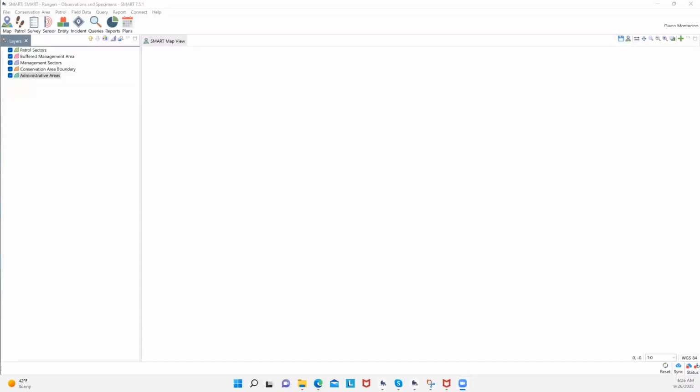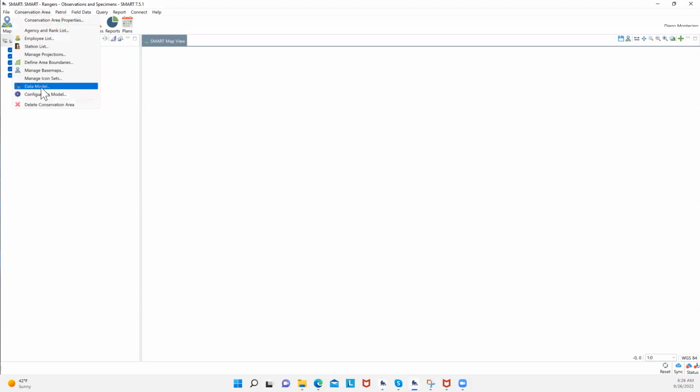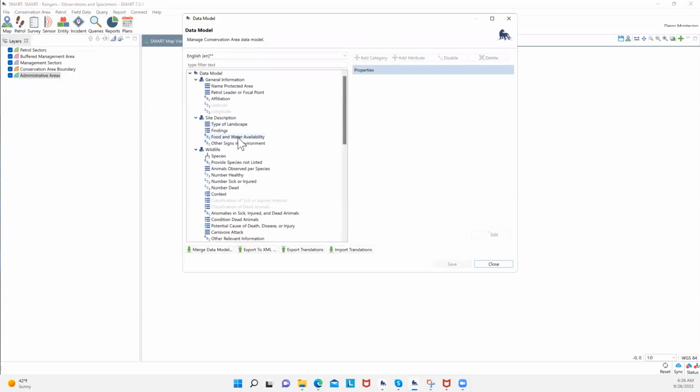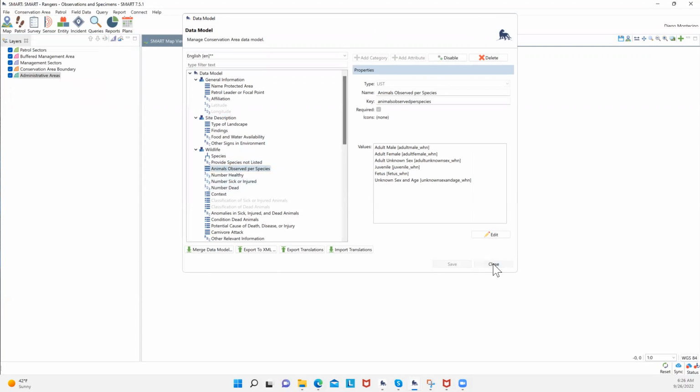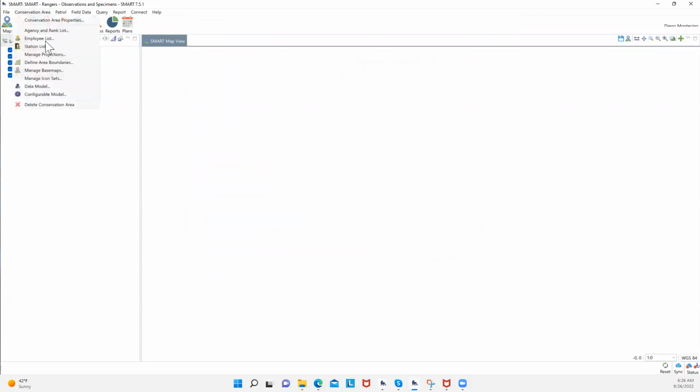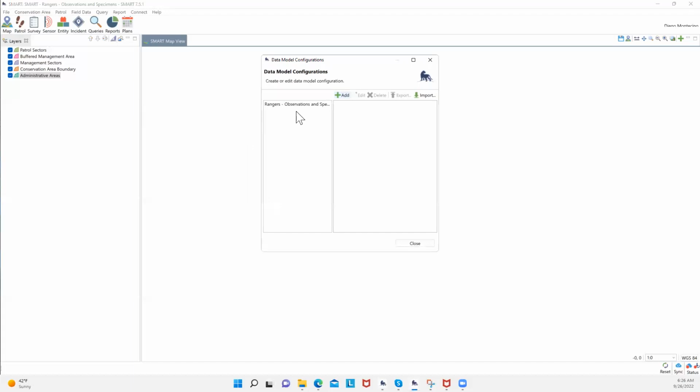All right, I'm supposed to explain the new attribute table attribute in SMART 7. Basically, here in my data model, what I have is a category attribute plus numeric attributes. Keep that in mind: it's a category attribute and numeric attributes. The deal is that once I go to the configurable model, I can select those attributes